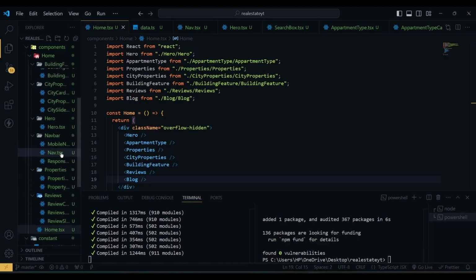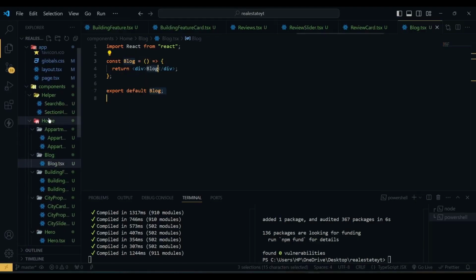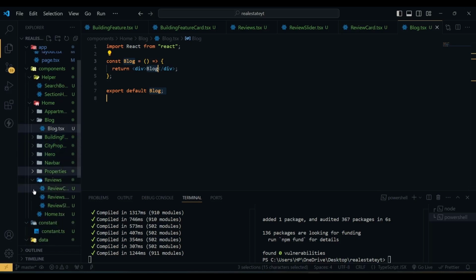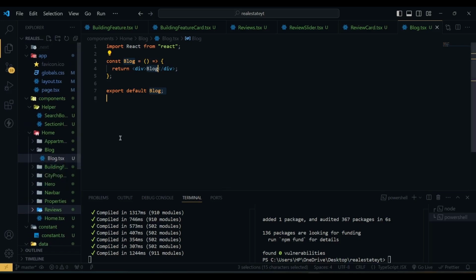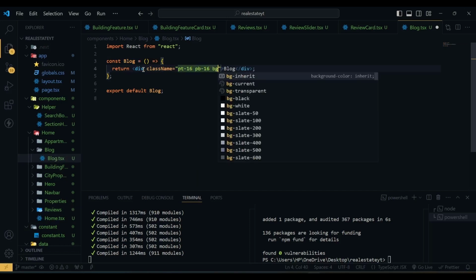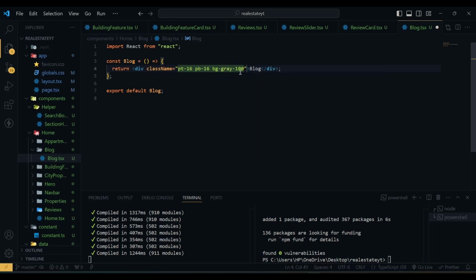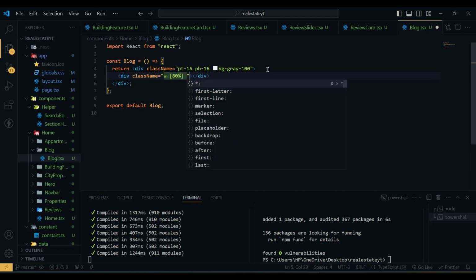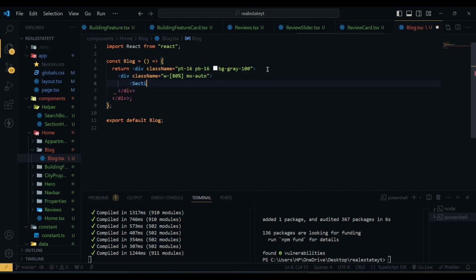Now let's go to the block.tsx. Now first let's close all of the other files. Now it looks clean. So now in the block, for the first div we have a class name of padding top of 16, padding bottom of 16. We have bg gray 100, and then inside this div we have another div with class name of width 80%, and mx will be auto. Then we have the section heading,